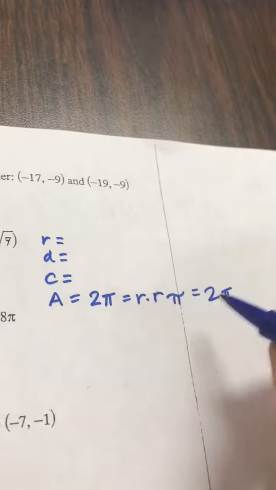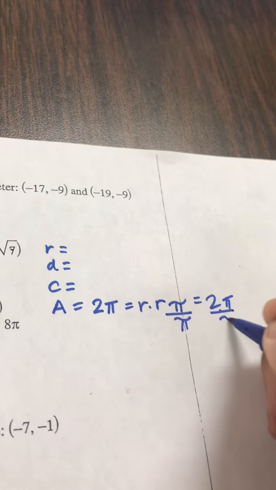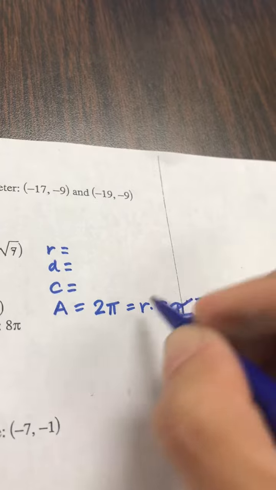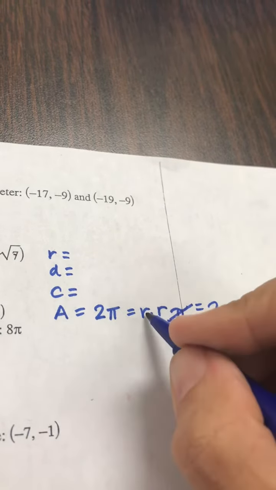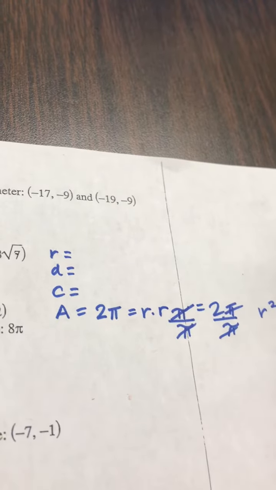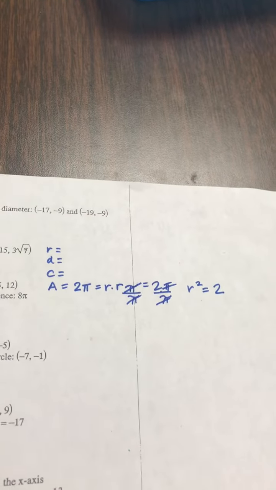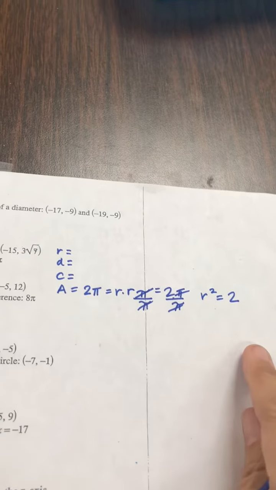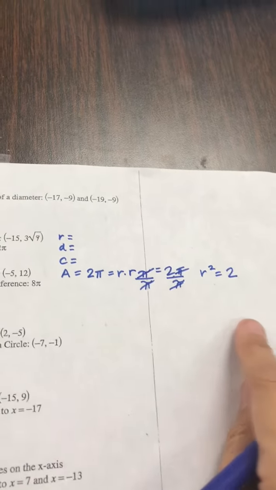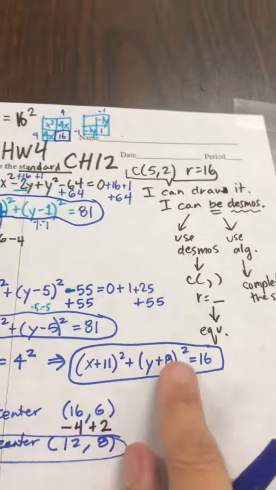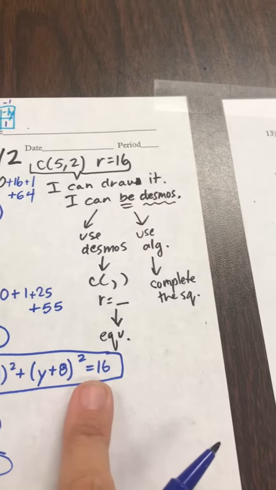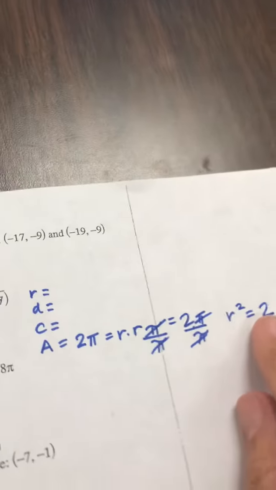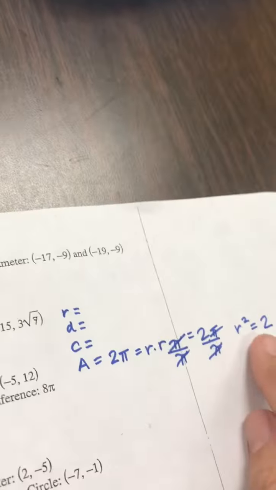Okay, so I don't see a pattern, so I actually have to use algebra. If I divide by pi on both sides, I get radius times radius is 2. So that actually means the radius squared is 2. And normally that would bother people because that means that our radius must be the square root of 2. But that's actually not a problem at all. Remember, we're trying to make an equation where this tells us our center and this part is the radius squared. So we actually already know because of what we got that the number there on the right is going to be 2. Okay, now we just need our center,